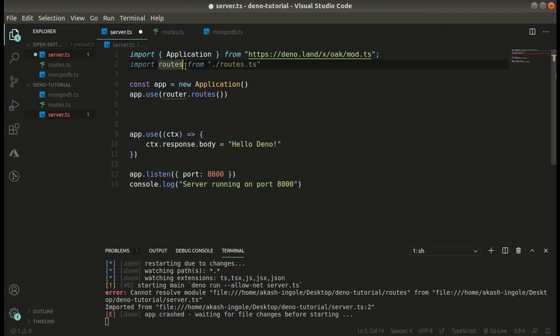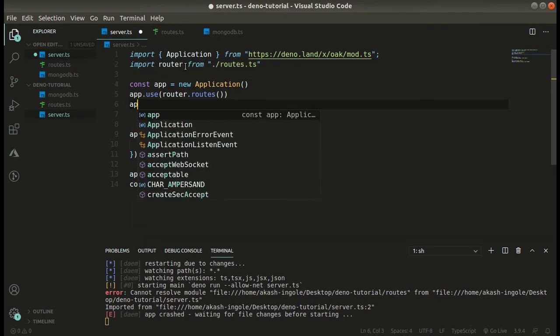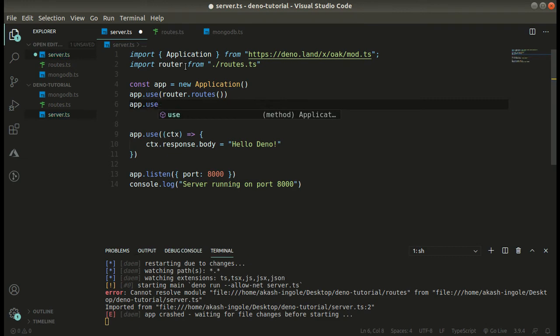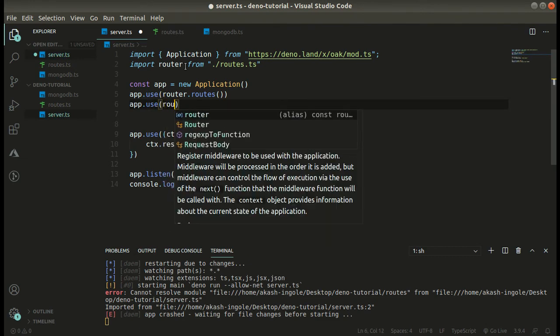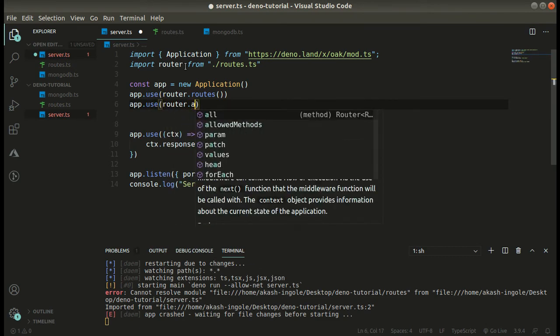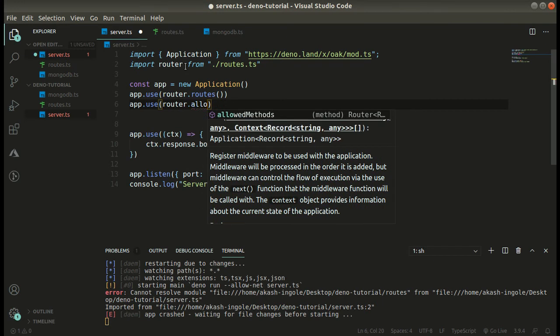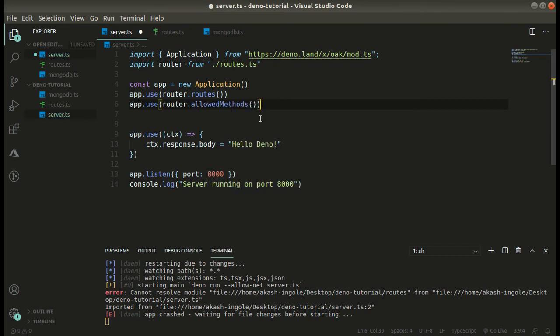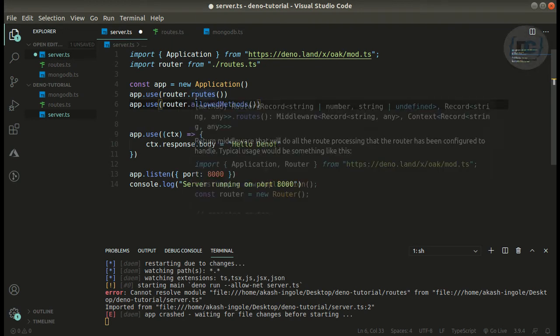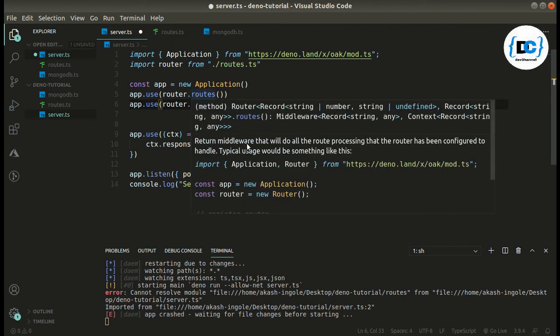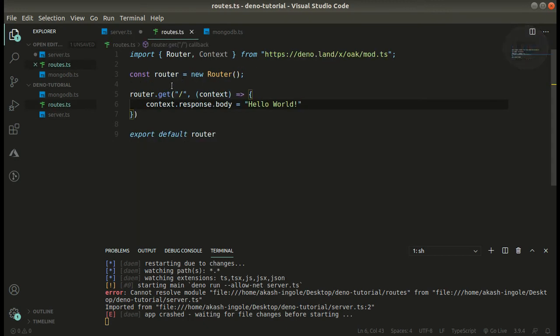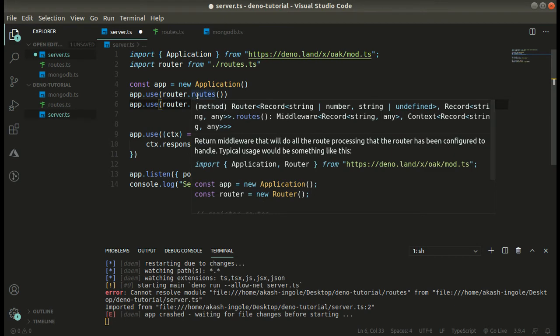And here it will be router, and now app.use router.allowedMethods. Okay, so guys, now let's have a look at these middleware routes and allowedMethods. What routes does is it returns a middleware that will do all the route processing that the router has been configured to handle, that we are going to configure over here, and the processing will be done with the help of this